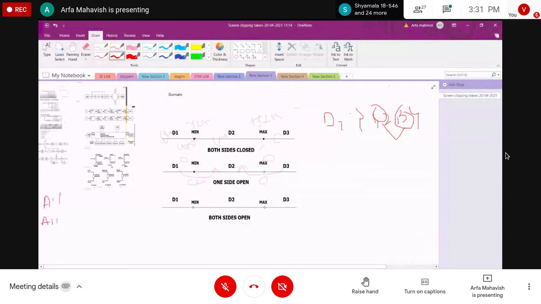Here what is happening: the minimum is closed and the maximum is also closed.